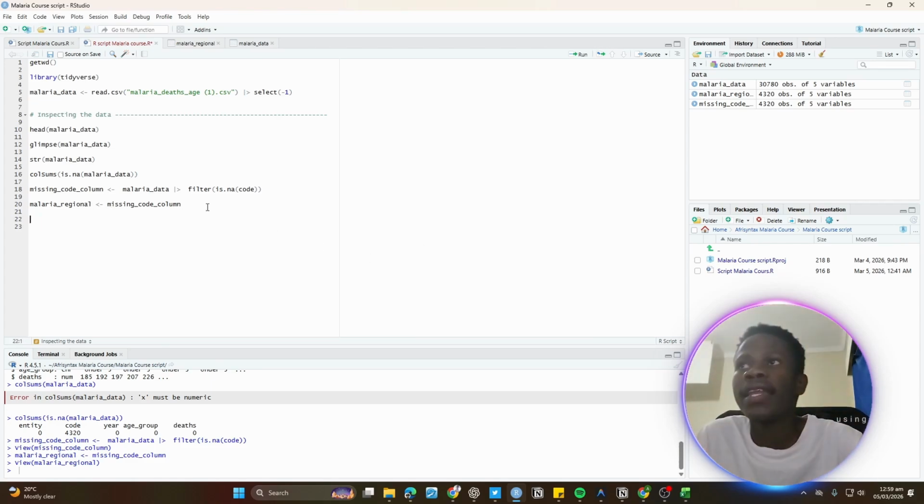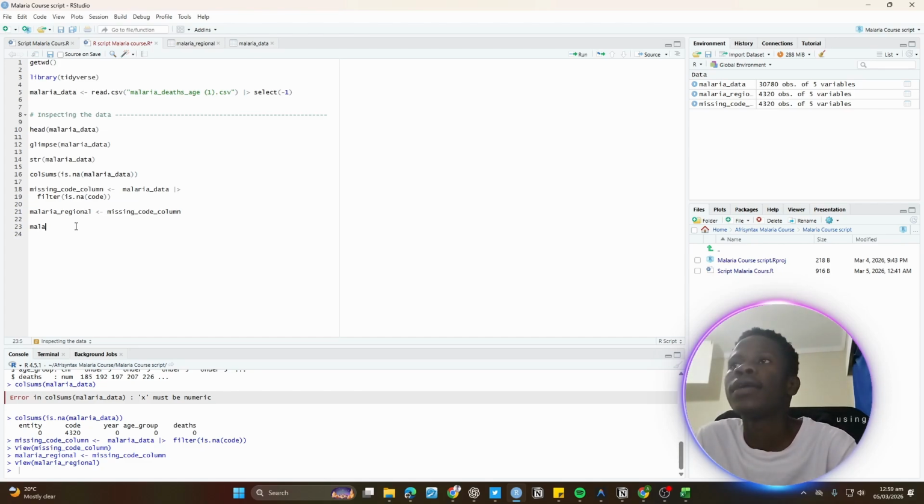Anyway, now I say we isolate the normal country data, so that now we're dealing with these things independently. Since we have the regional data, let's also isolate the national data. So what do we say? We say malaria national data is